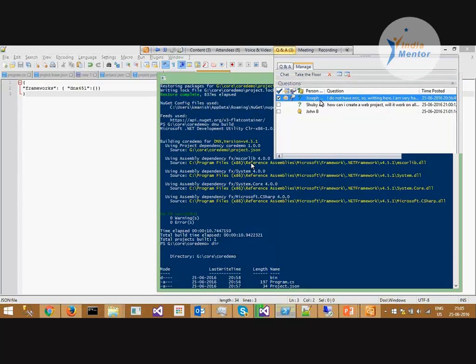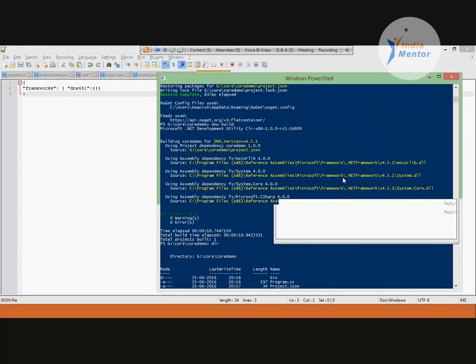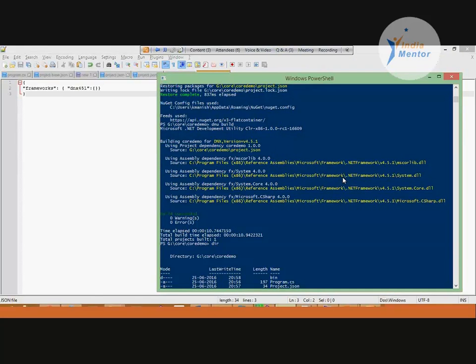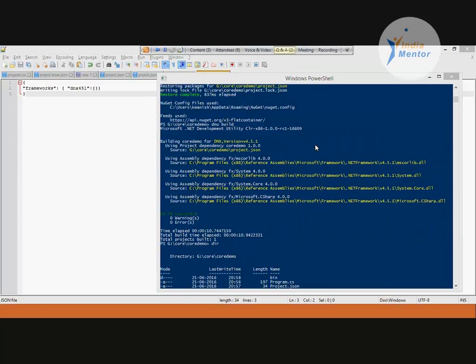Okay, sure. Primarily, with the advent of this project.json file, I'm getting a lot of queries related to whether it will work on different flavors of Unix or not, or why we should go for it.